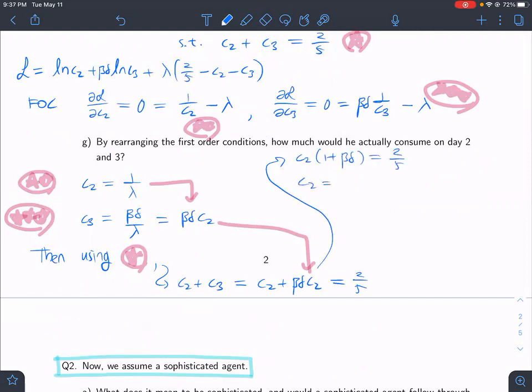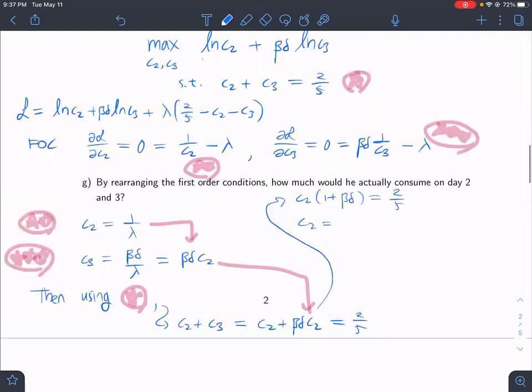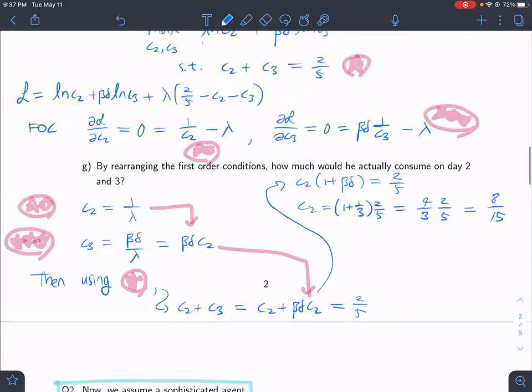So C2 equals, beta is 1/3, delta was 1. So we have 1 plus 1 over 3, 2 over 5, which is 4 over 3, 2 over 5, 8 over 15. And then C3 is just the amount of cake that we started with, 2 over 5, minus 8 over 15, which is